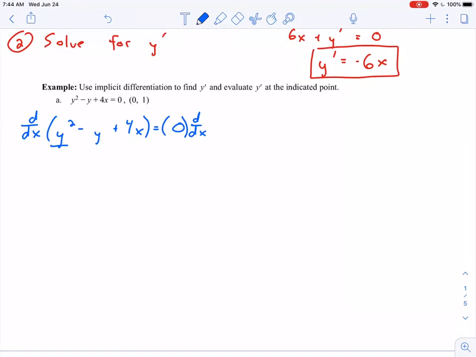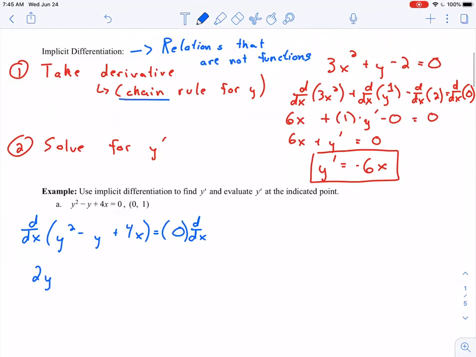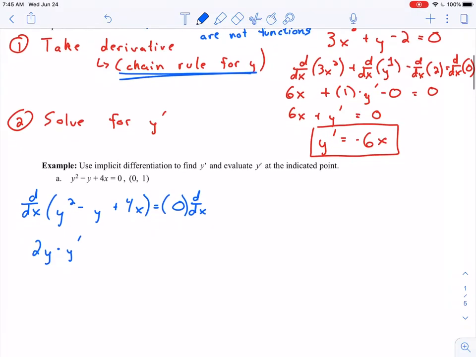First of all, the derivative of y squared with respect to x. Well, pretend for a moment that that's just x squared. The derivative of x squared, you would tell me, is 2x. The derivative of y squared then should look like 2y. But I need to remember my chain rule for y, because y is a function of x. So I need to multiply that by the derivative of the inside part. The derivative of y in this case is just y prime. So I'll have 2y times y prime, or times dy/dx if you prefer that notation,